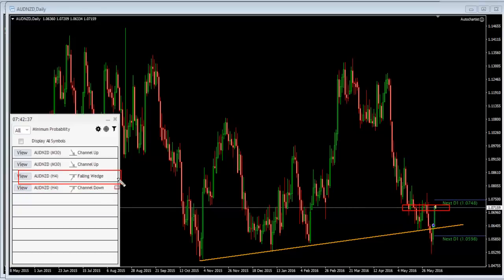Again, all based on the falling wedge, and we're just pulling in more information using a daily rising trend line and a false breakout situation, and just